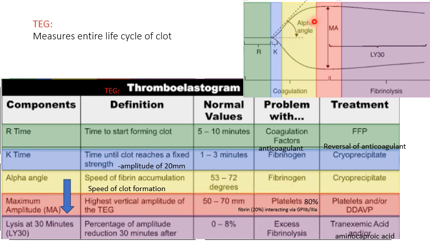Now, this is the maximum amplitude. In the graph, the maximum amplitude is measured. Normally it is 50 to 70, and if the amplitude is low, it means there is a problem with the platelet level or a problem with platelet function. So you can just remember, for maximum amplitude, put platelet over it, and that will form the amplitude. This maximum amplitude being low means there is a problem with the platelets, then you may have to give platelets, or